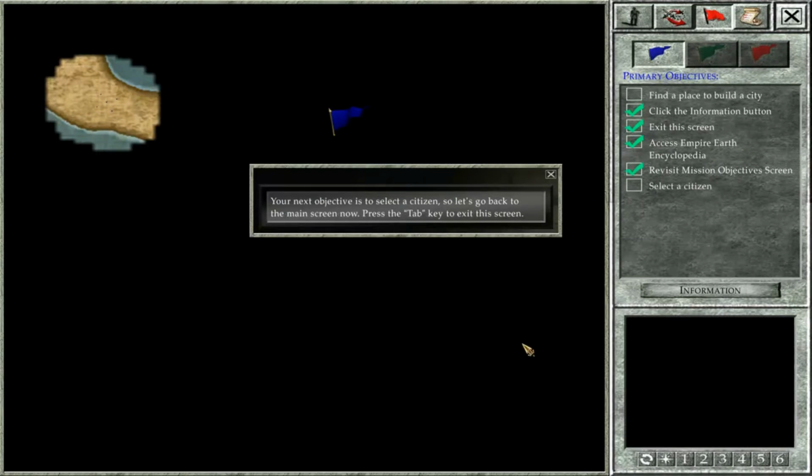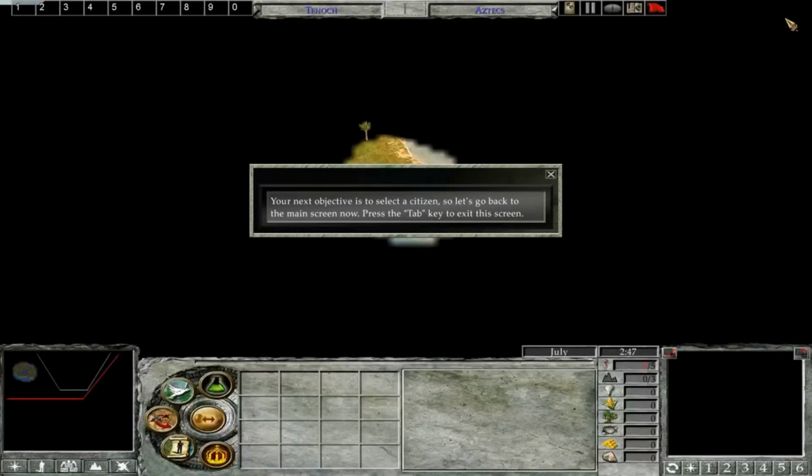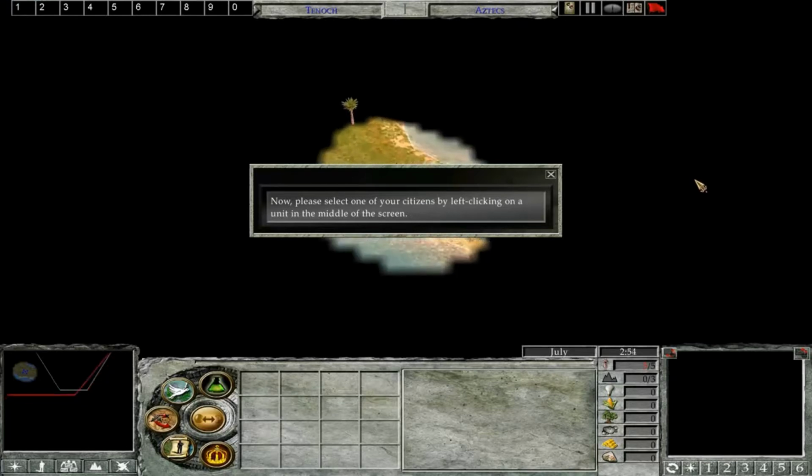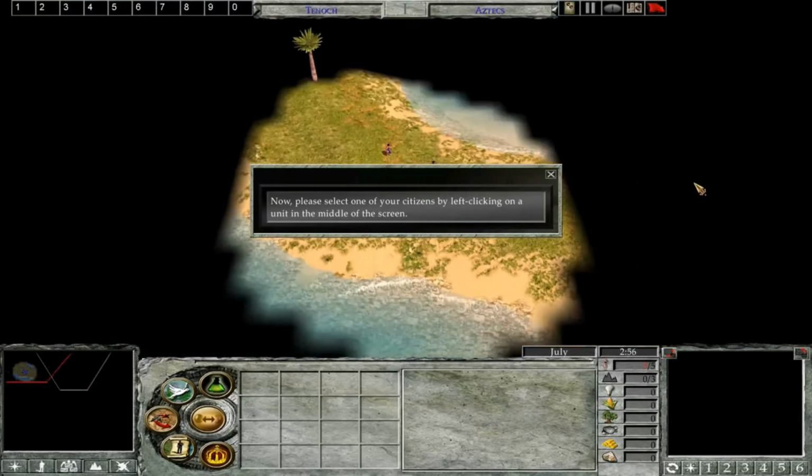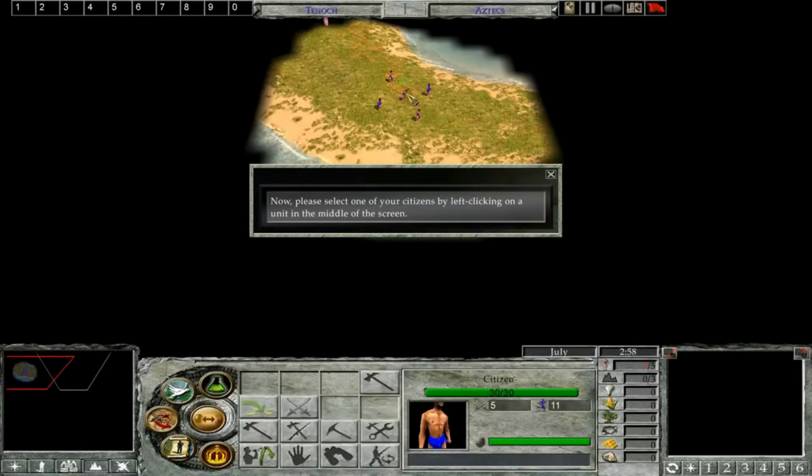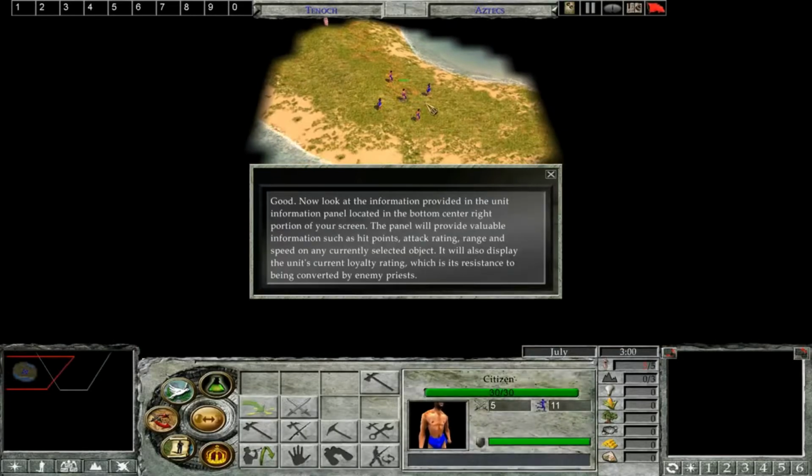Your next objective is to select a citizen, so let's go back to the main screen now. Press the Tab key to exit this screen. Now, please select one of your citizens by left-clicking on a unit in the middle of the screen. Good. Now look at the information provided in the Unit Information panel located in the bottom center right portion